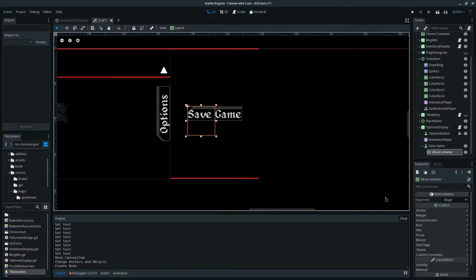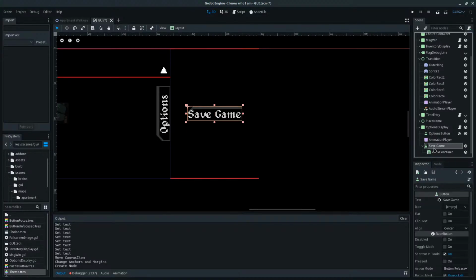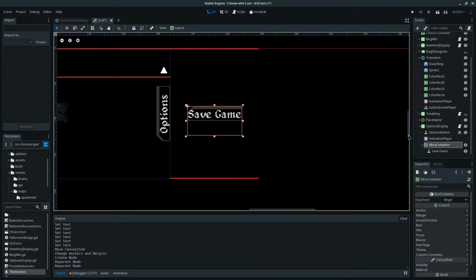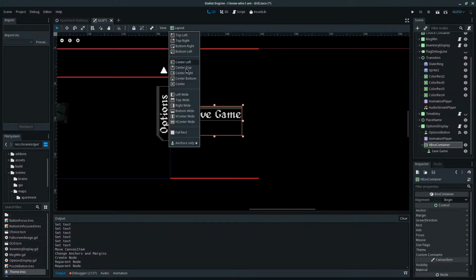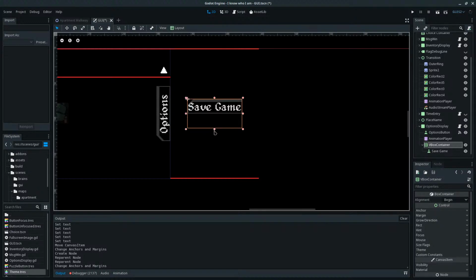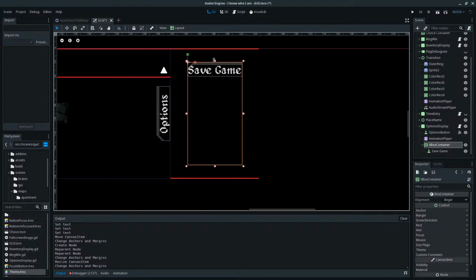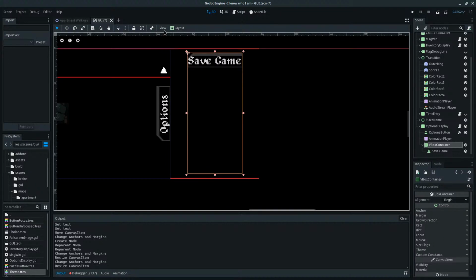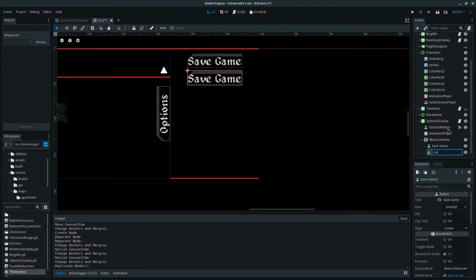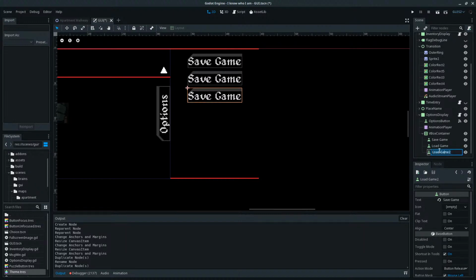Yeah, maybe a vertical box container would be good. Center it. Cool. So we have save game, we have load game, we have